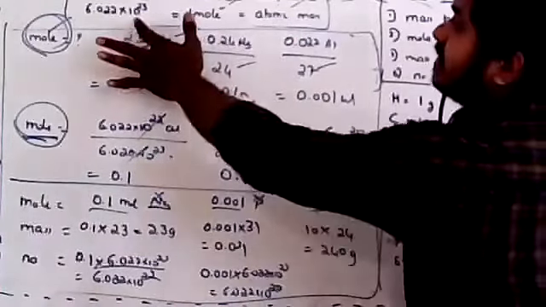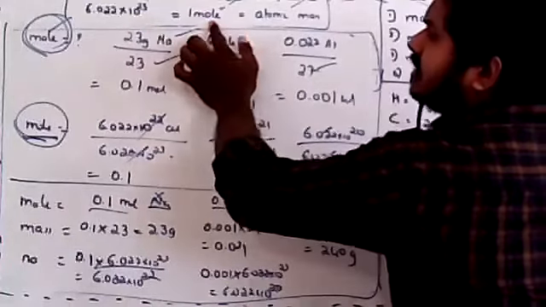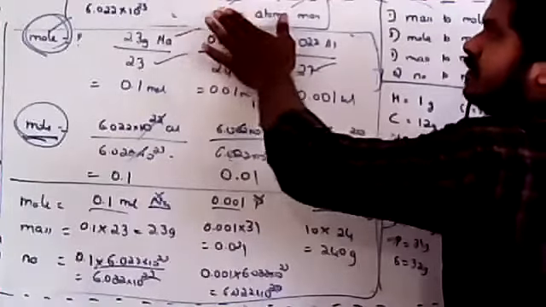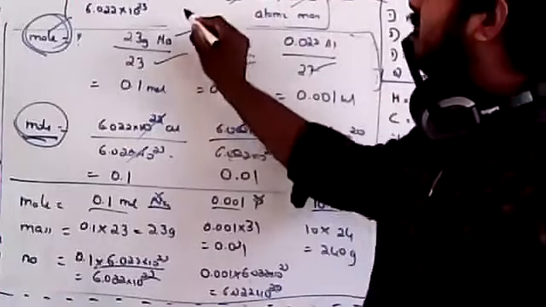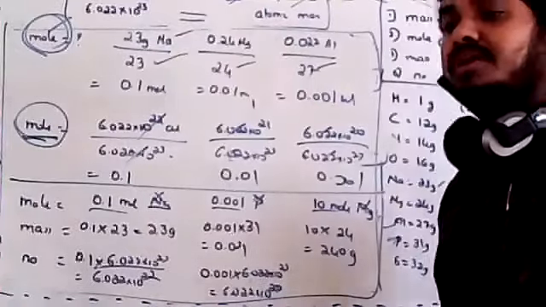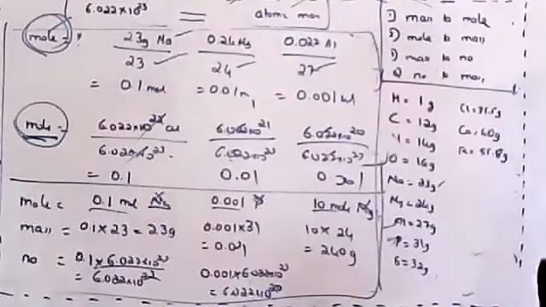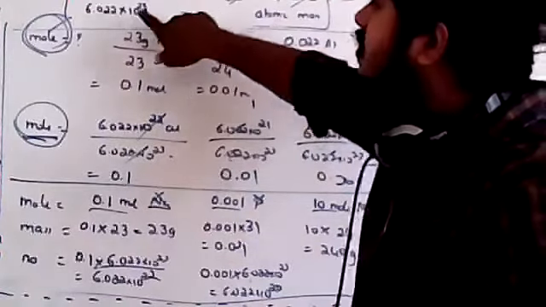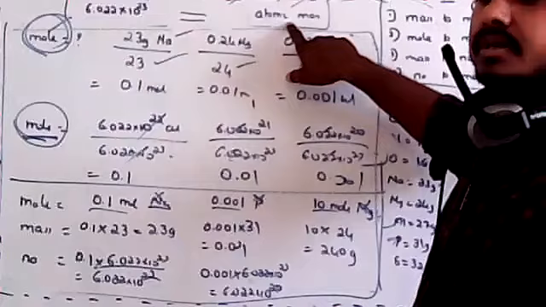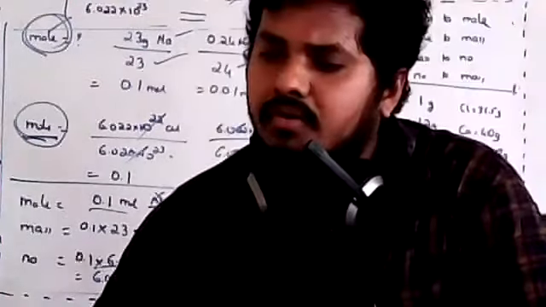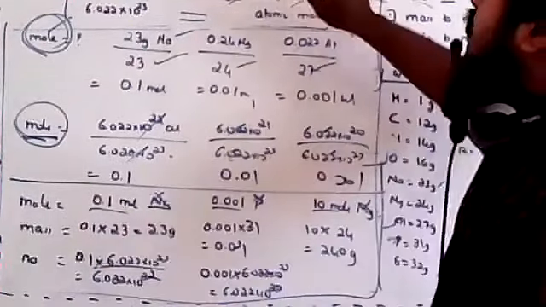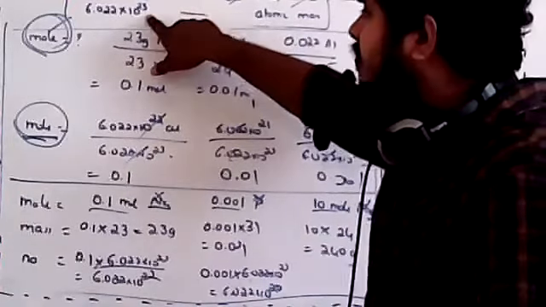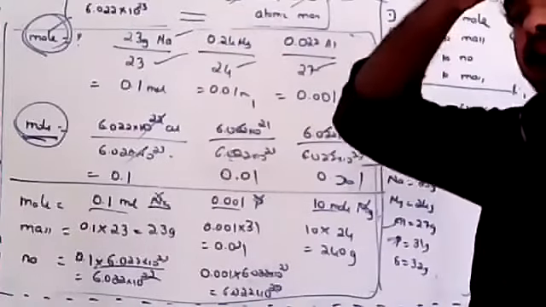Yes, because the equating is here only. If you take 1 mole of anything, it will be equal to number, or that same 1 mole will be equal to atomic mass. If I remove this between these two, now what I'm going to get? Always, if you consider the atomic mass of any element, it would contain 6.02 into 10 to the power 23 atoms. Are you understanding what I'm telling? I just remove that 1 mole, because 1 mole will be equal to this number. 1 mole will be equal to atomic mass. Just remove that 1 mole now. So what I'm going to get now? This formula tells you that if you consider anything its atomic mass, it would contain these many numbers.